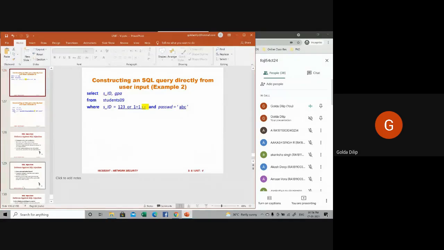Remaining things, I think the PPT has been shared. Sarthak, can you check and tell whether the question bank is shared for all the units? Is Sarthak there in class? Sarthak is not there. Okay.